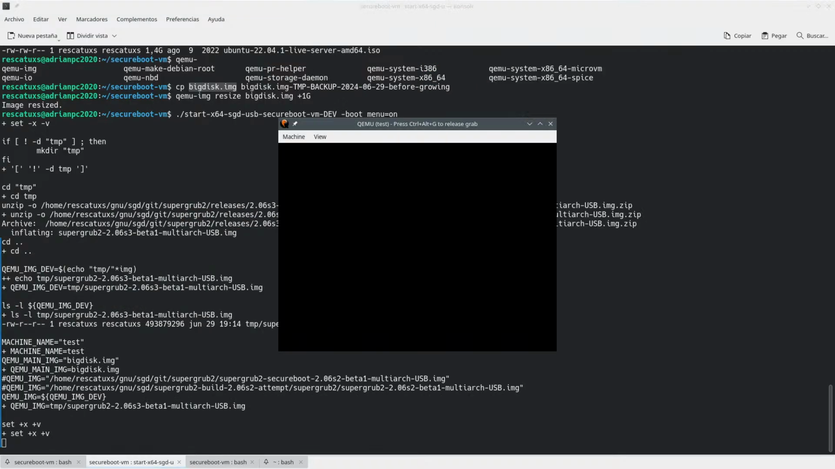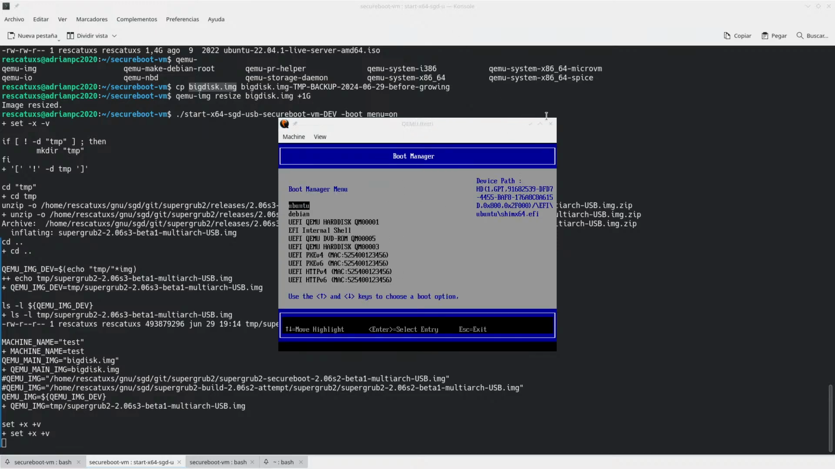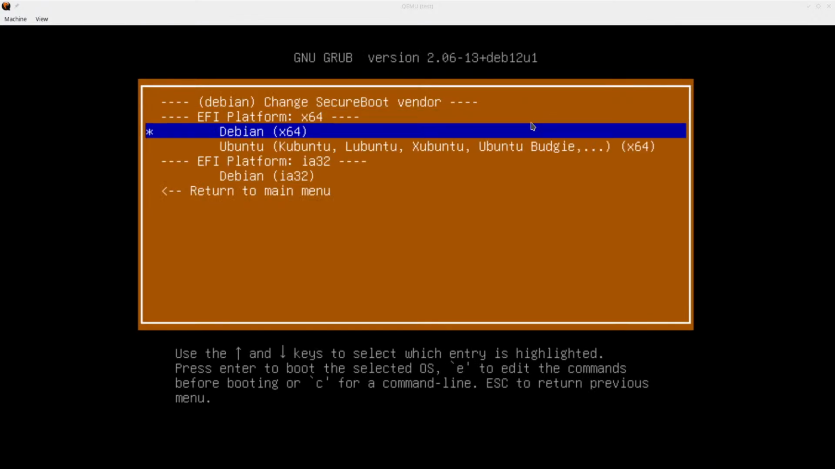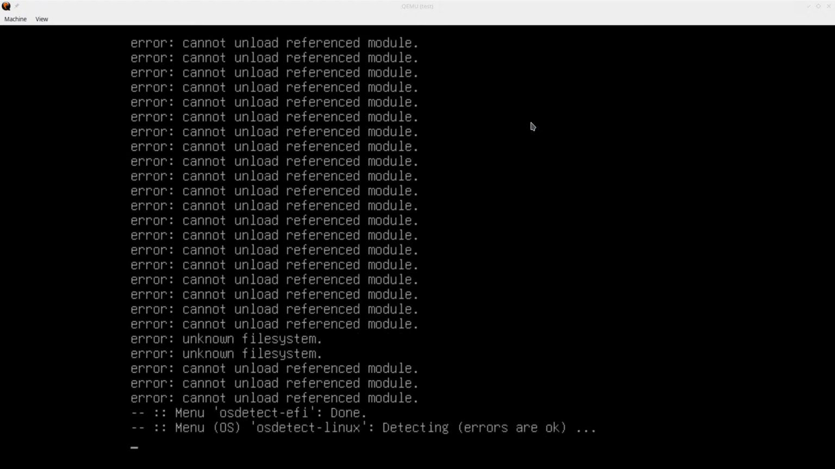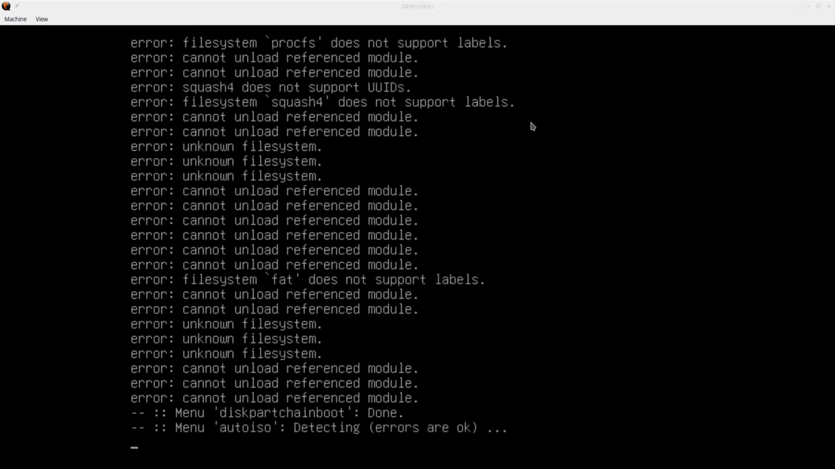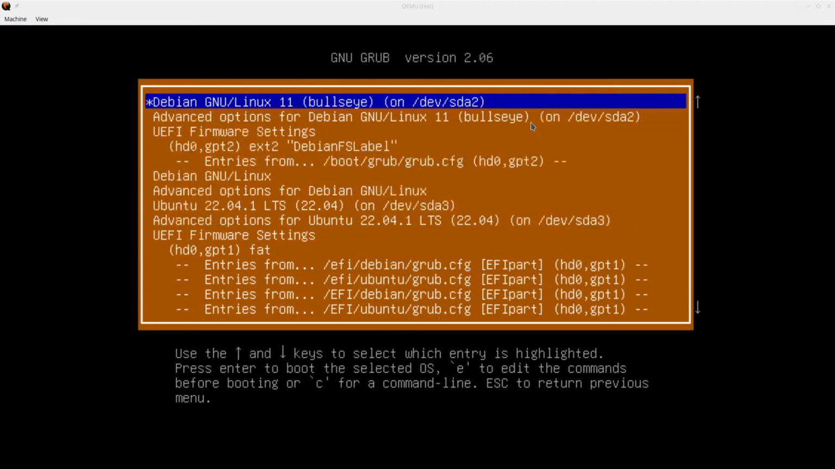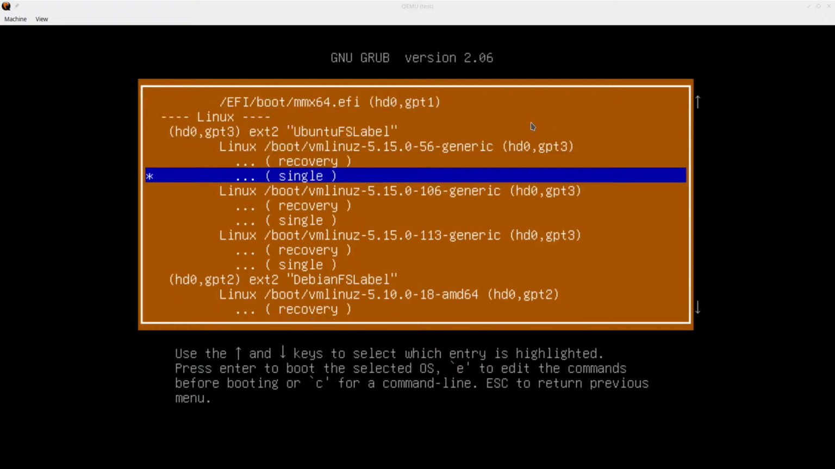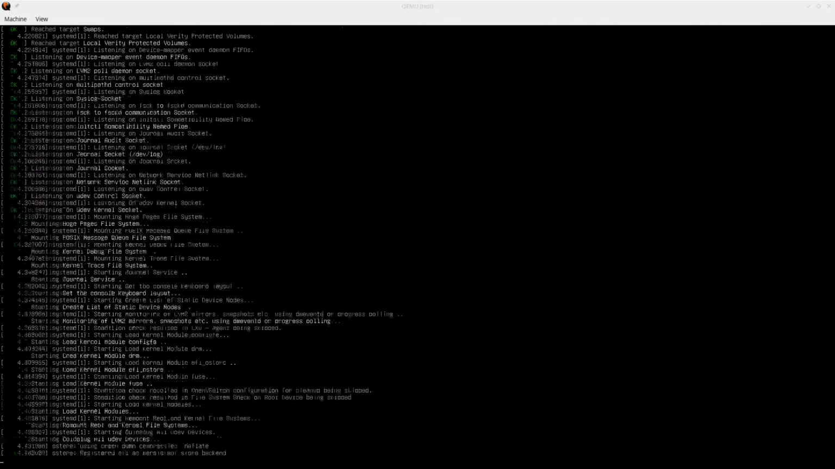So first of all, we're going to boot. Okay, we're going to boot into the Super Grub2 Disk. We're going to change to Ubuntu. Let's search everything. And let's go into Ubuntu file system label thing. Let's put this one. And now we will be able to try to do this thing here,